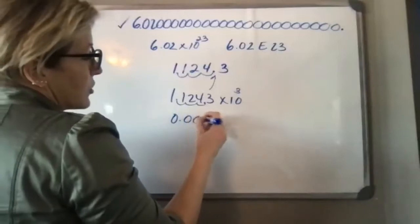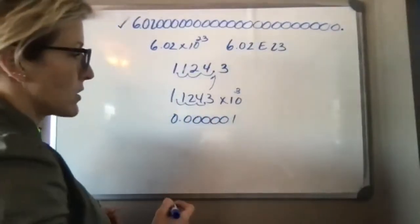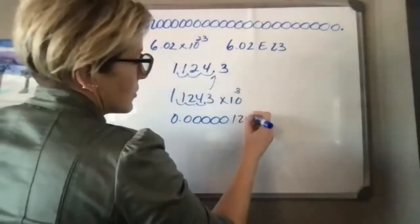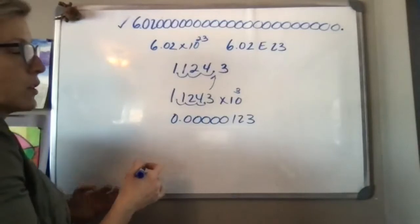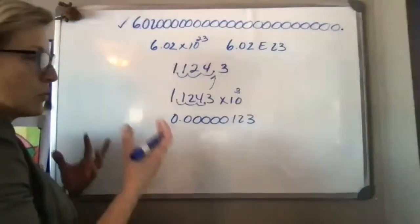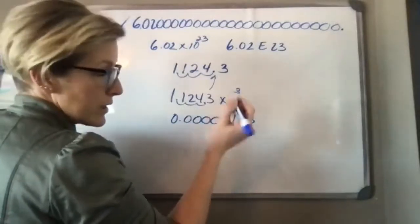So let's say we had just a decimal, right? And a lot of zeros just, again, make me go cross-eyed. So instead, let's write 1, 2, 3. We'll write it like that. So whatever that number is, I don't want to write all those zeros. I want to make it a little bit easier to visualize. So I'm going to move the decimal so that there's one non-zero number, which would be